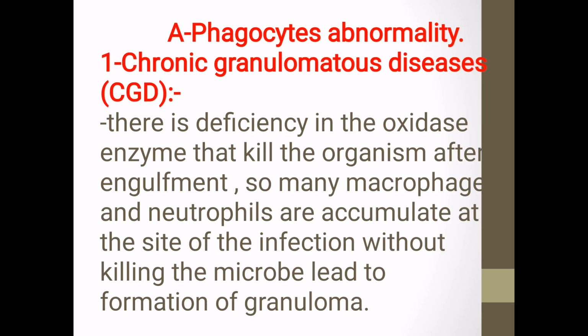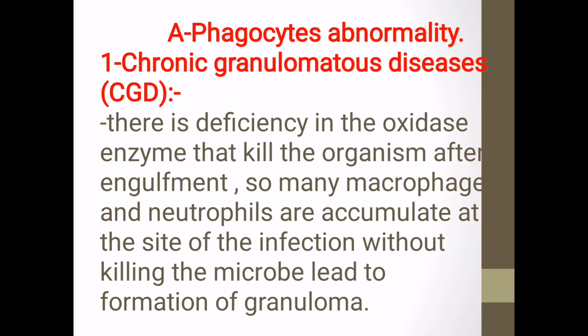Okay, so it is deficiency in the oxidase enzyme that kills the organism after engulfment. So many macrophages and neutrophils accumulate at the site of the infection without killing the microbe, leading to formation of granuloma. يعني